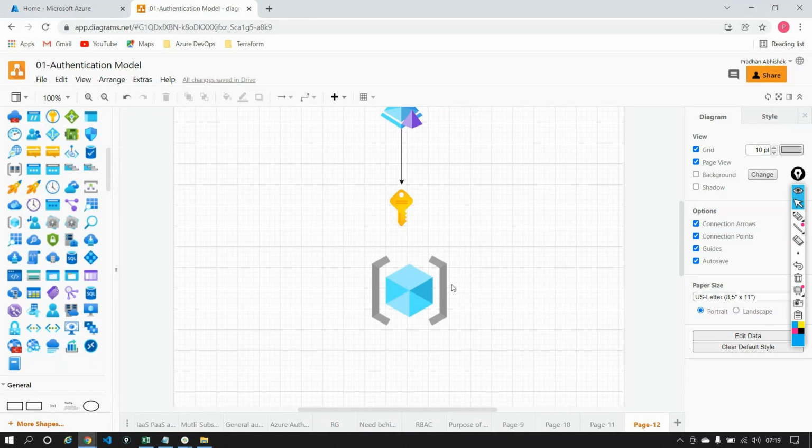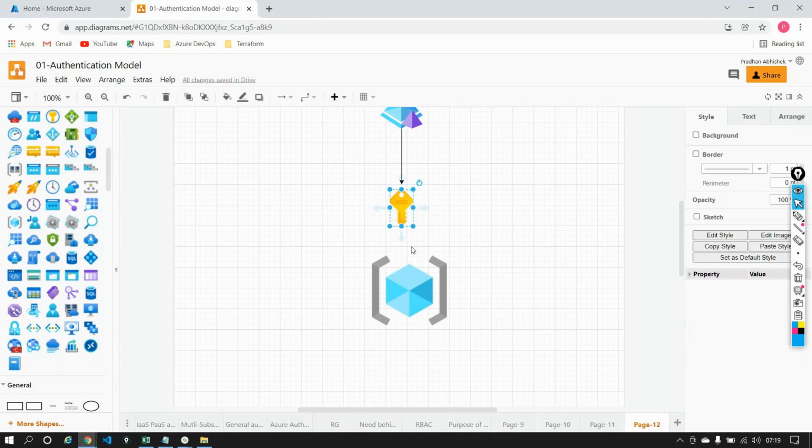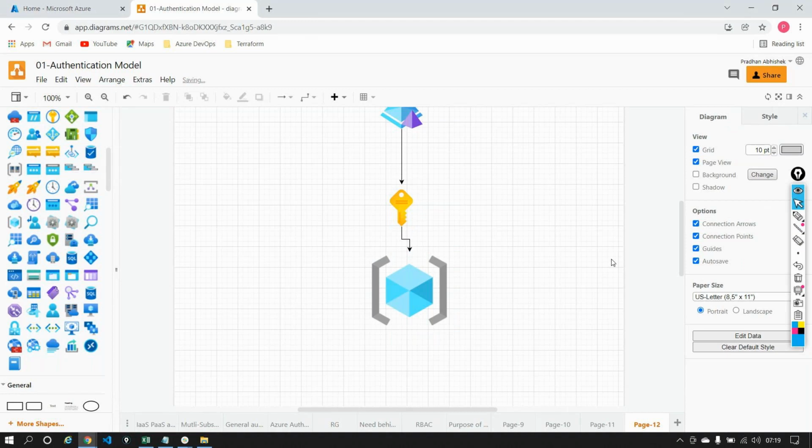So under one subscription, the question here is, guys, can you create a single resource group or multiple resource groups? Multiple, because you can technically have multiple drives in your computer, isn't it?